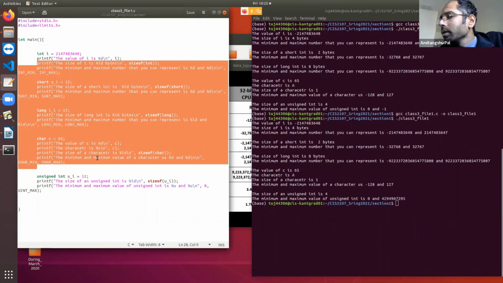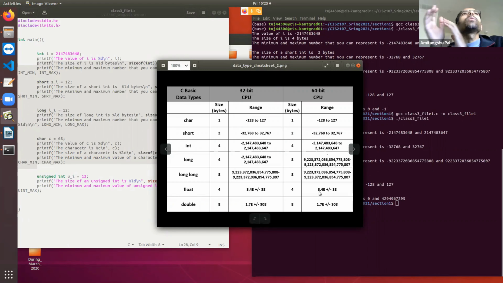Now the point is that whenever you are writing a program, sometimes you may get some errors if you are dealing with very large numbers. If you are dealing with small numbers, it's fine. If you are dealing with very large numbers, then you may get some trouble if those numbers get out of range. Sometimes your program logic is fine, but if you try to debug it, you always need to remember that somewhere you may have missed the range that a particular data type is providing.